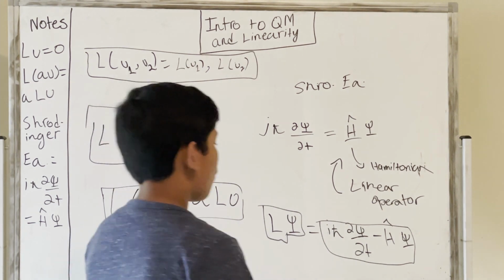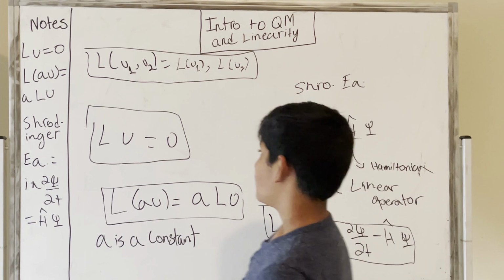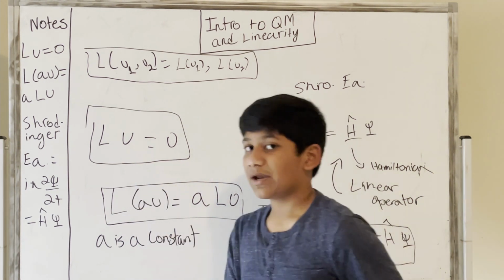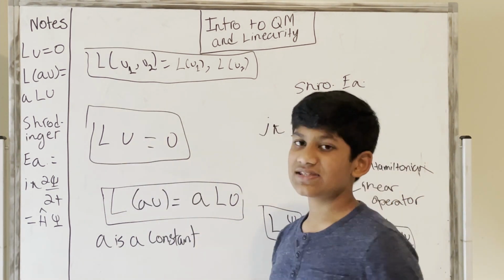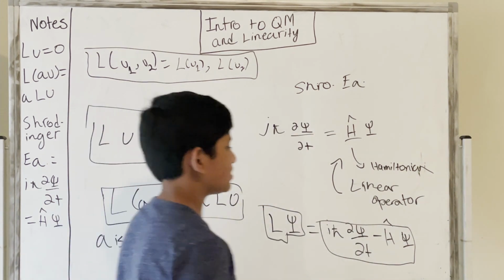Okay, so why do we subtract this? We do subtract this because we stated that the linear operator times the dynamical variable, which is u in this specific case, is equal to 0. So if we subtract it, we essentially just get 0. So this is also equal to 0.